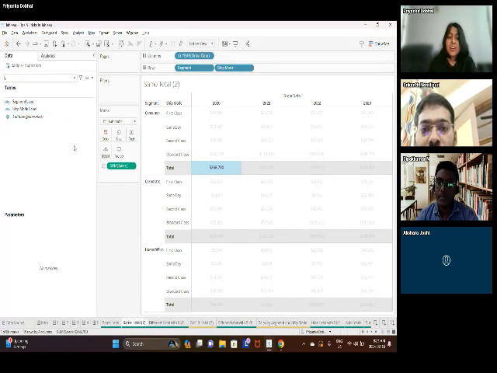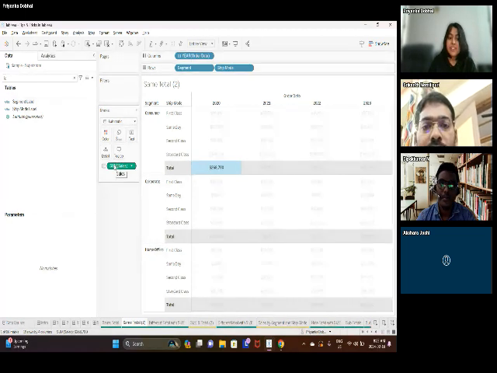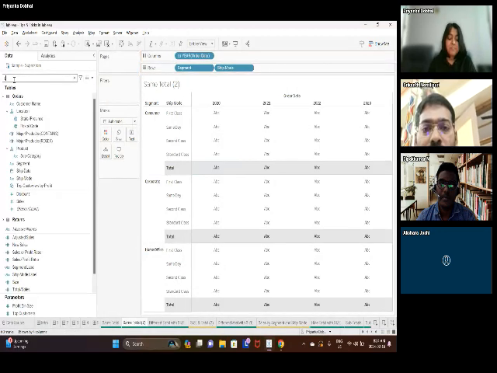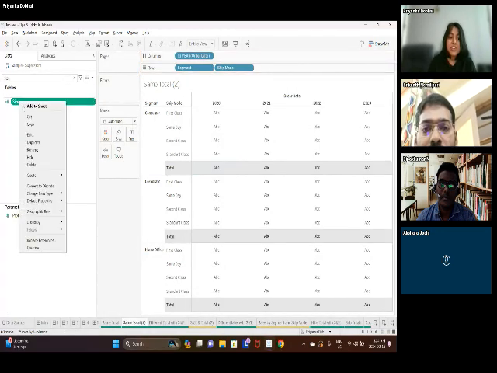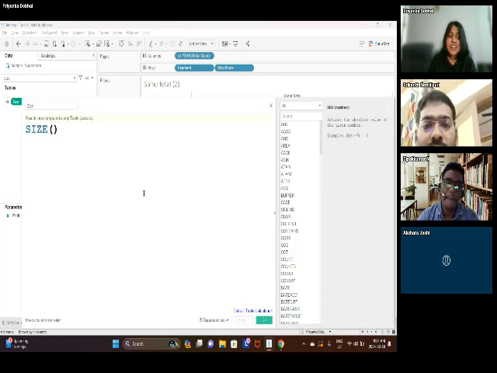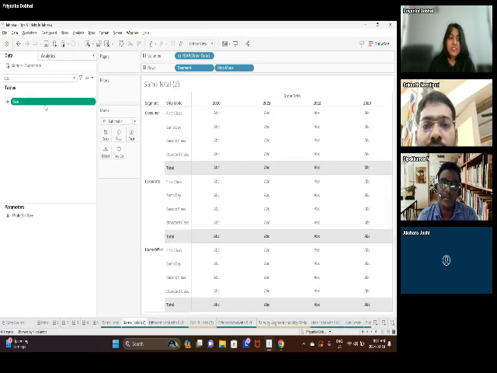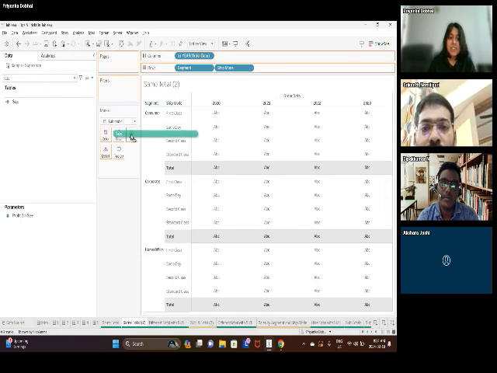To explain this concept first, I need to explain what the size function does. So I'll remove this for now. I'll use a function called size, and this is basically a table calculation that computes as per your choice. And we'll take a look at what it does. So I'll first drag this on the screen. I'll put this on the text.